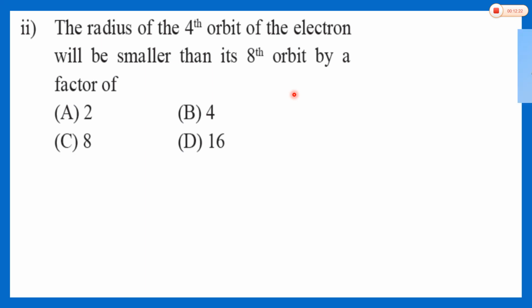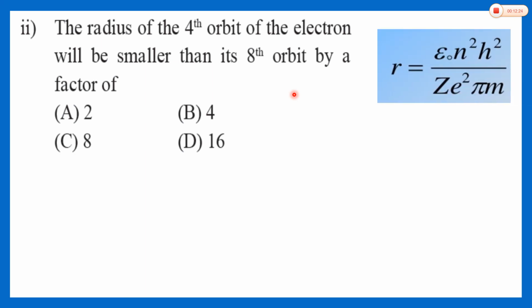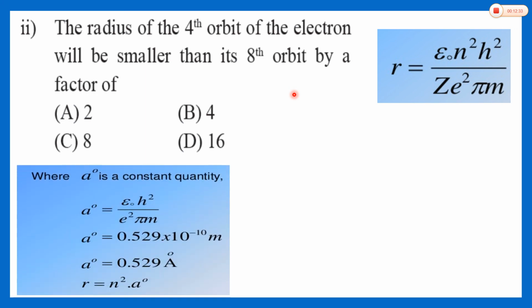Again we discuss the same formula. What is the radius? R is equal to epsilon 0 n square h square upon z e square pi m. From this r we can write n square into a to the power 0, that is the radius of